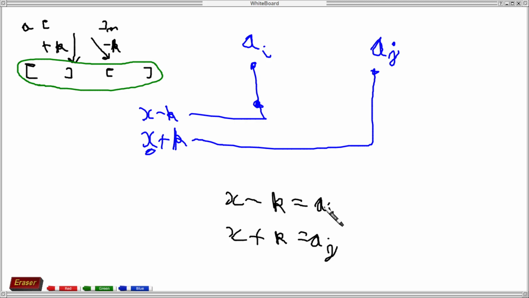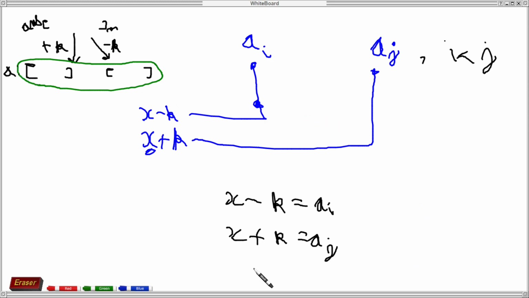This X minus K equals AI and not AJ. Why am I saying so? Because I is less than J, K is a positive value, and we have already sorted the array A which is given. The array given is not the original array. We have to return the original array. Let's say this is the answer array. We have to return this answer array, and this array A is what we are given.